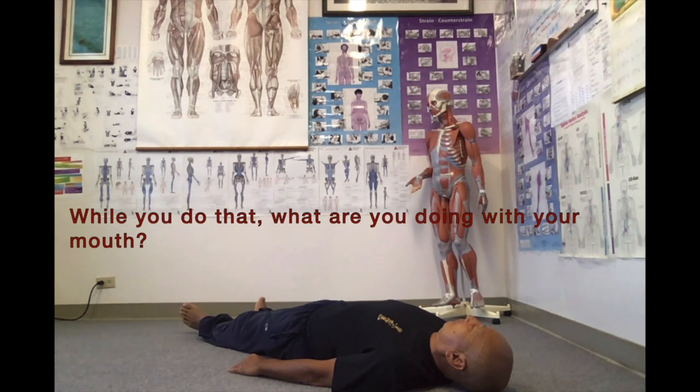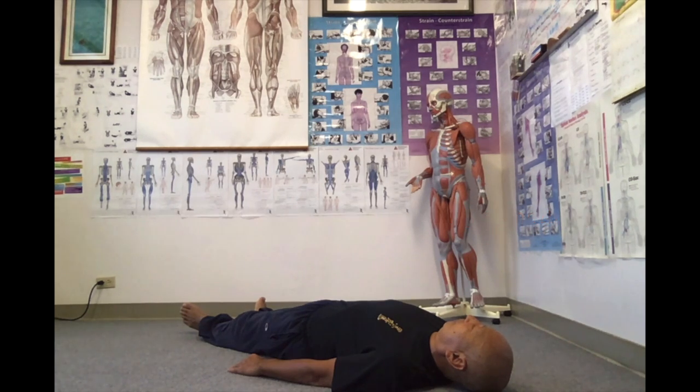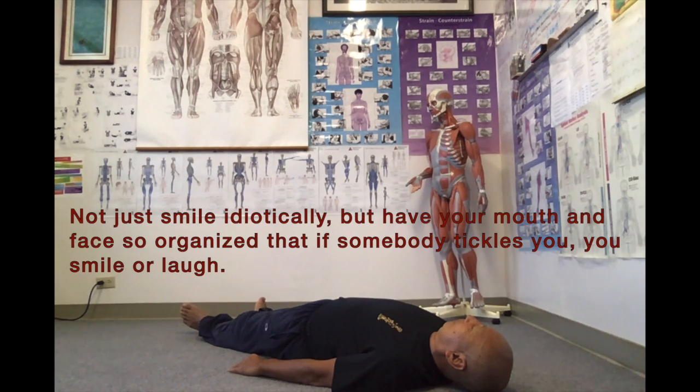While you do that, what are you doing with your mouth? You are not actually moaning or doing something terribly difficult. If you don't move your mouth, is it difficult to move your eyes? You may smile at least internally. Not just smile idiotically, but have your mouth and face so organized that if somebody tickles you, you smile or